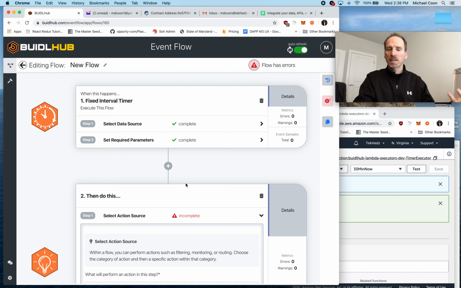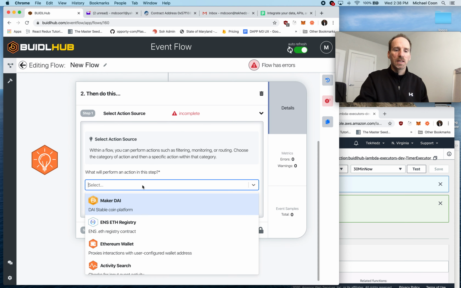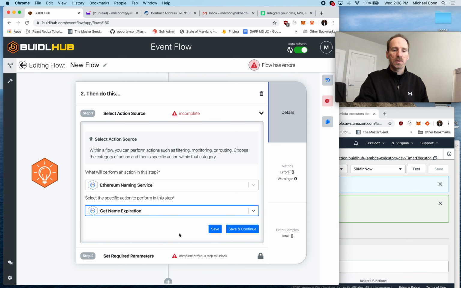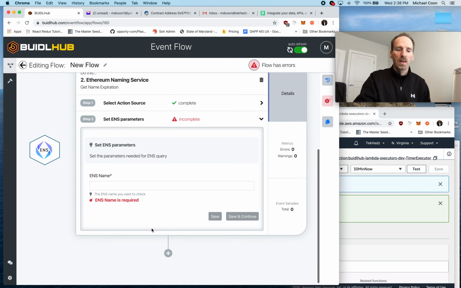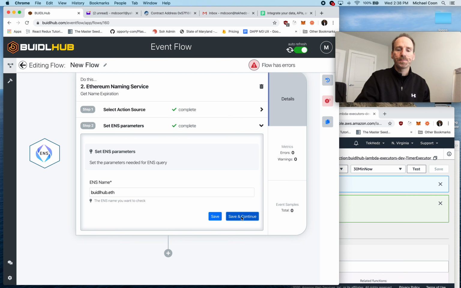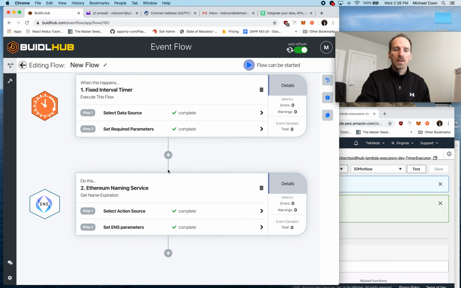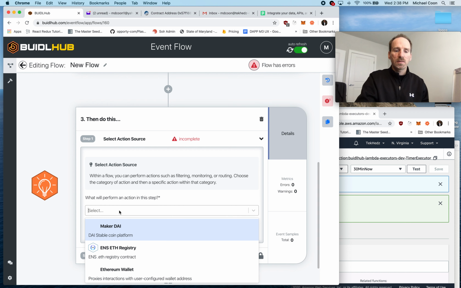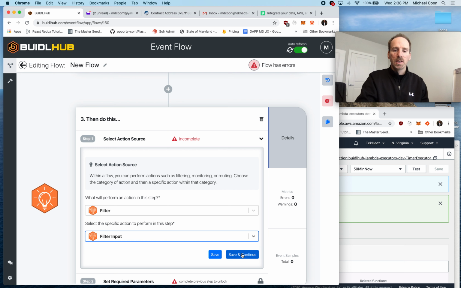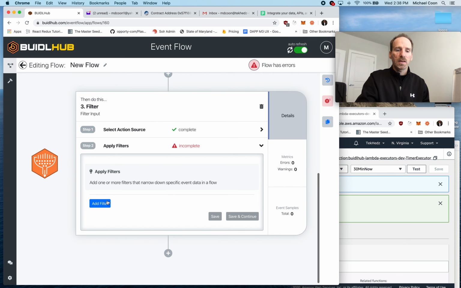I'm checking the expiration of a domain, but let's just do this. And every 30 minutes, I want you to go to the Ethereum naming service and get the expiration time. And this time, I could actually hardwire my domain because I'm monitoring my address in this case. Okay, so every 30 minutes, check the domain expiration, and we need to check to see if it's going to expire. So that's basically a filter,